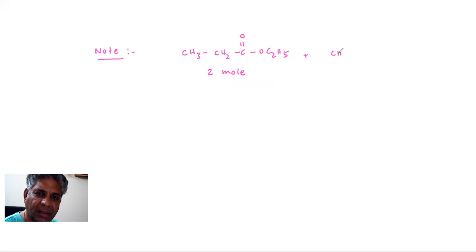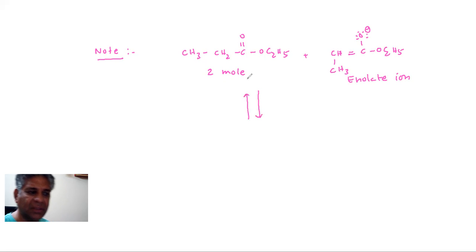You have CH3 double bond C O minus OC2H5 only. See, this is your enolate anion. So what I am trying to tell you is that here I'll just write down the mechanism with the enolate ion. How to write down the mechanism with enolate ion? Okay. If you want to write the mechanism with enolate anion, then what you need to do is that